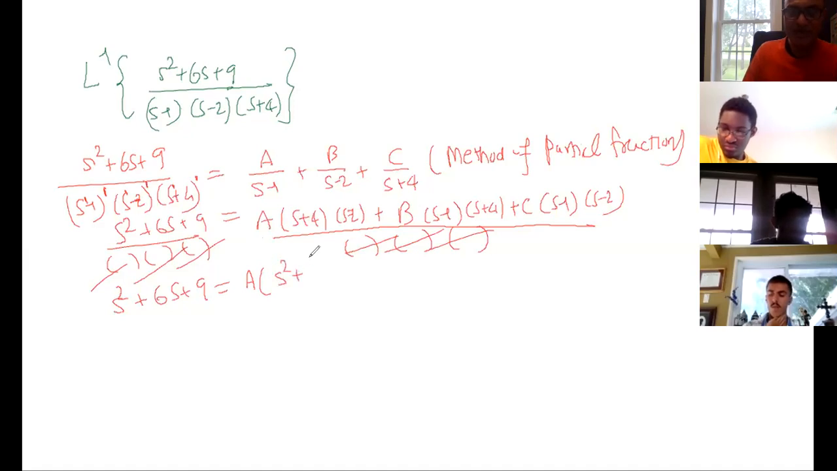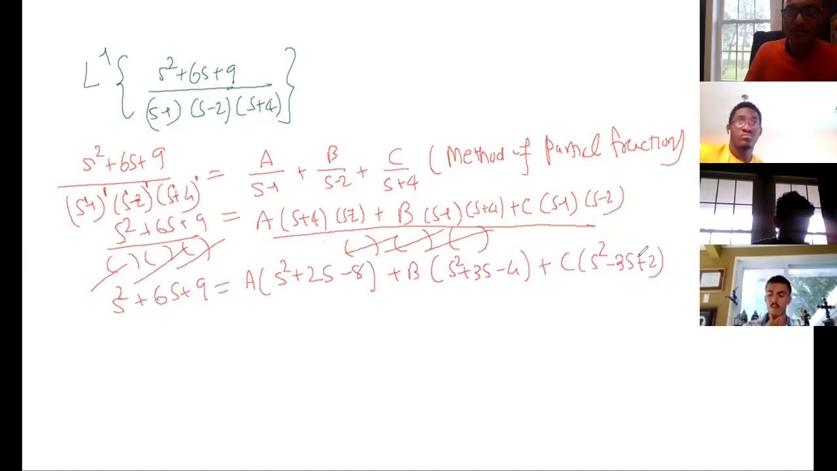So I can write s squared plus 4s minus 2s, so it is plus 2s minus 8. Plus b, here it is s squared, then plus 4s minus s, so plus 3s minus 4. Plus c, here it is s squared minus 2s minus s, so minus 3s plus 2. Now if I want to arrange this one in the descending order, so a plus b plus c, and outside